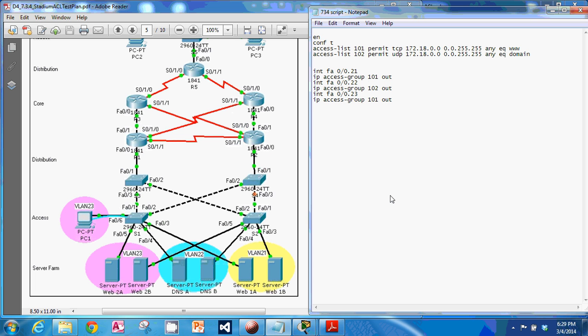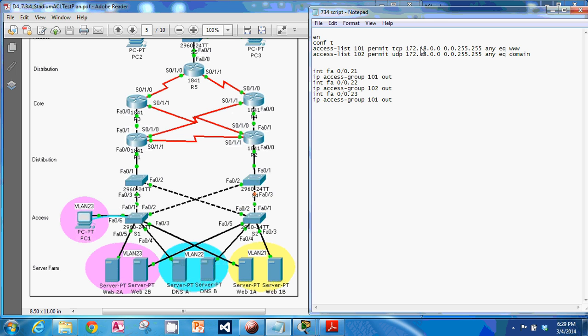And it's on router 1 and router 2, which means there's one link that's heading down here to the server farm. So it's going to be on Fa0/0, which is also split up into sub-interfaces because of the VLANs. So for .21, which is VLAN 21, and .23, which is VLAN 23, we've got the 101 on there